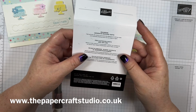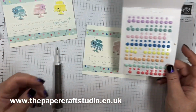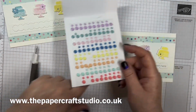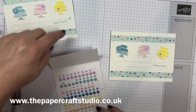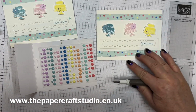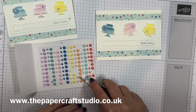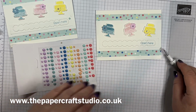They are called rainbow adhesive-backed dots. So they're all in this suite as well, with the papers. So you can choose whichever colour. I popped a little balmy blue one on there. What should we go for this time? You can see my class ladies have been having a go here. So let's go for the